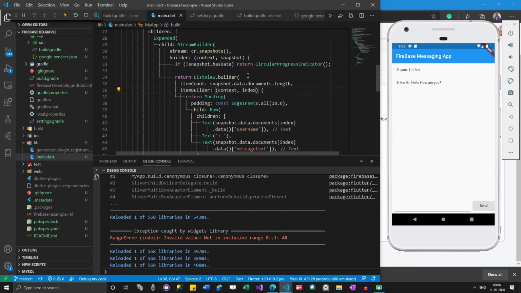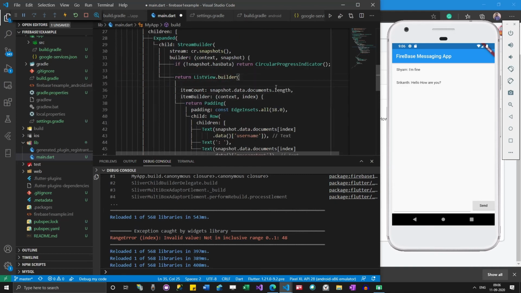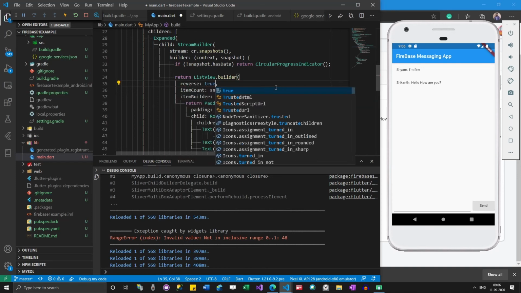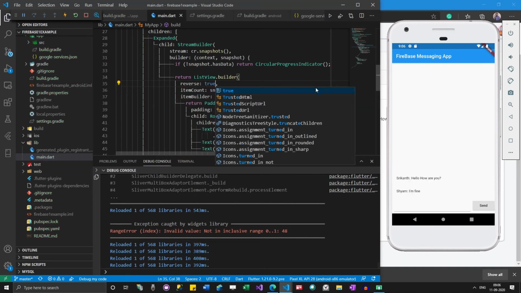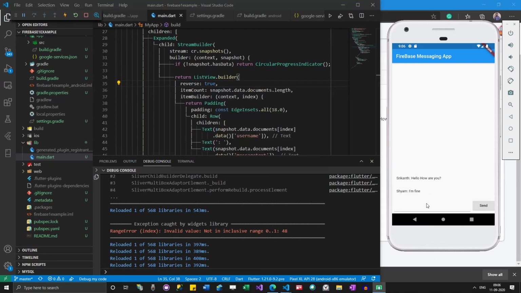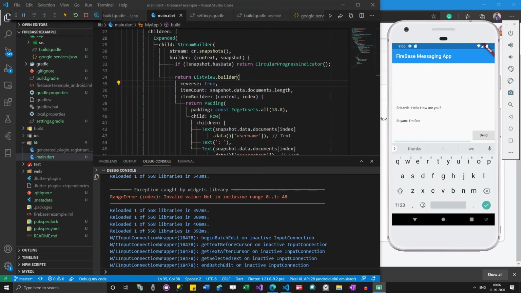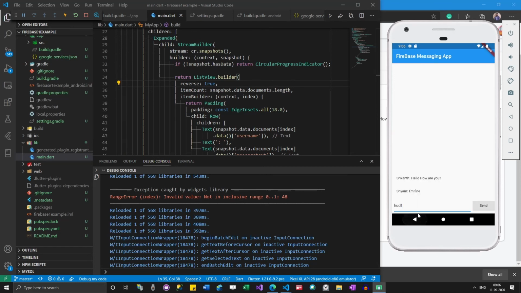Let me reverse it so that it looks much better, much more like a messaging app. Now it looks like a messaging app. If somebody types some message and clicks on send, it should also send the message. So let's add that functionality here.